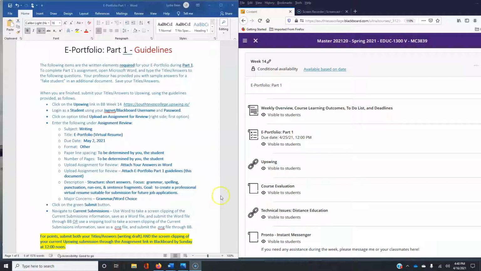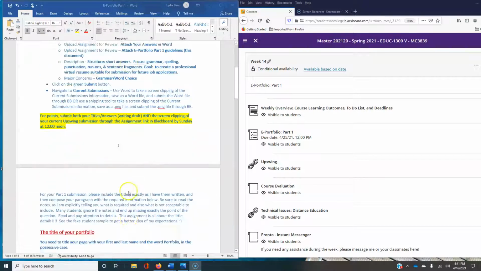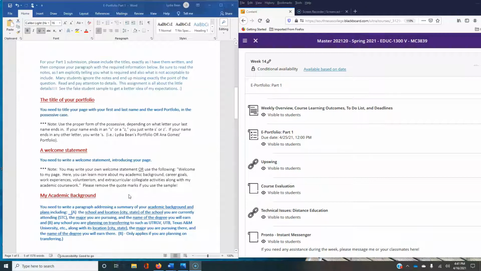So when you open your assignment, the first thing you'll see is the page on the left, which are the guidelines, and you see the first whole page will be the instructions. Please take the time and energy to read those instructions, but I am going to summarize them for you here. So if you scroll down to the next page, you're essentially going to start your assignment right here.